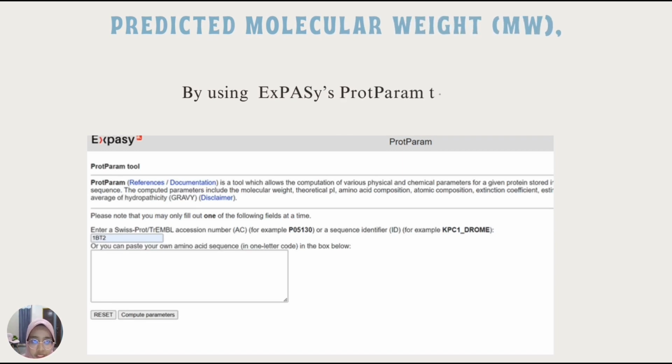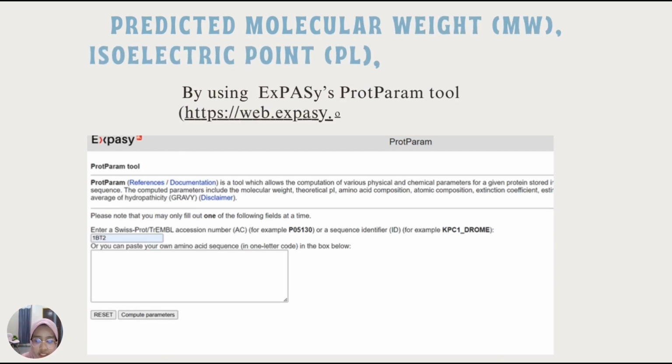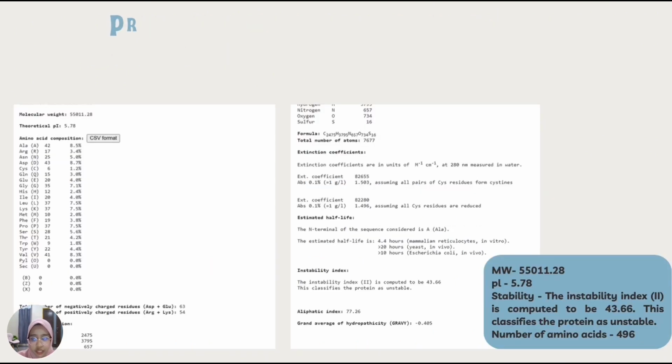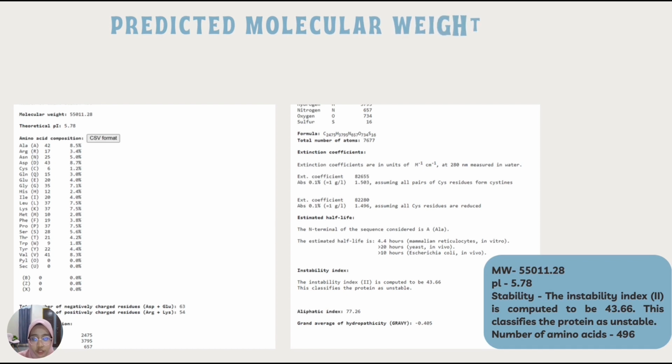Next, we will try to predict the molecular weight, the isoelectric point, and the stability of the protein 1BT2. To predict this, we will be using the tool ExPASy ProtParam. We just enter the code 1BT2 of our protein and then it will run and show the molecular weight of the protein to be